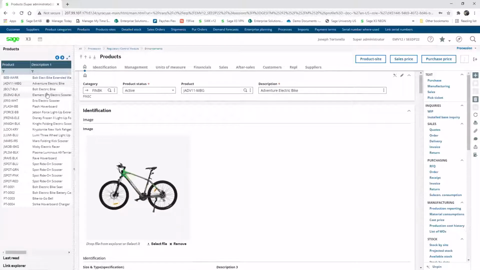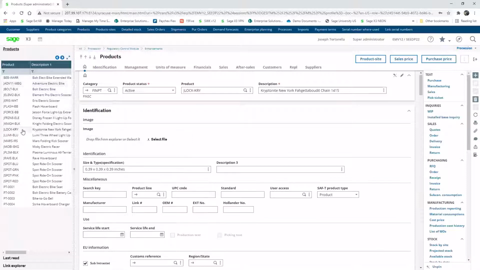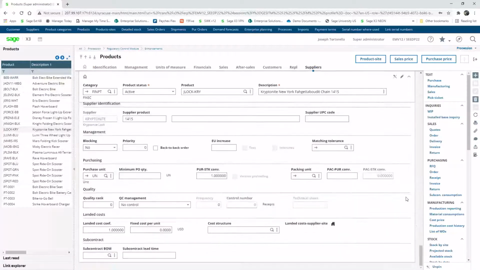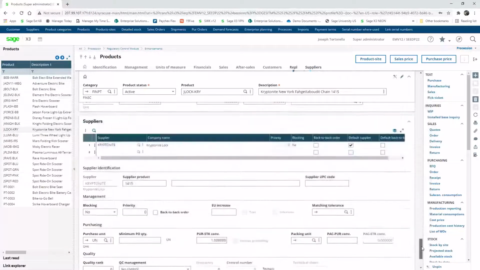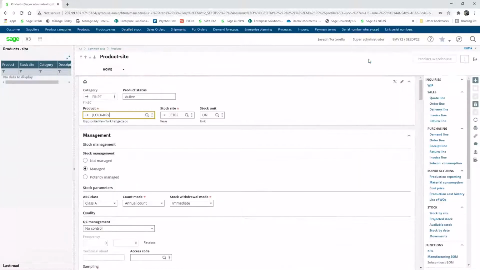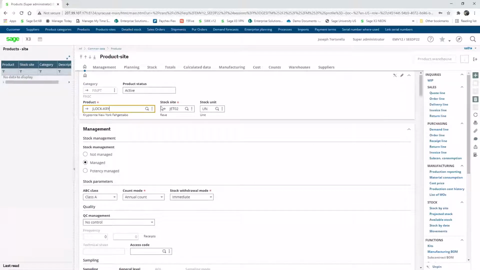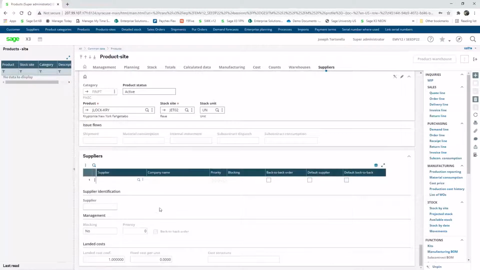If I look at my lock, my Kryptonite lock, my primary supplier on this is going to be Kryptonite. If I go to the site level, this product is only purchased or maintained at one site only, site number 2. And if I look at this supplier, I have left it blank because there really is no other potential